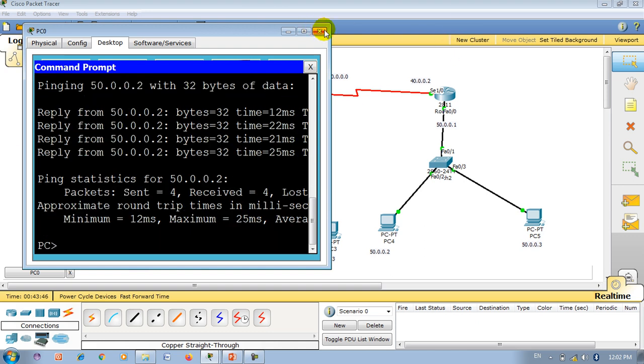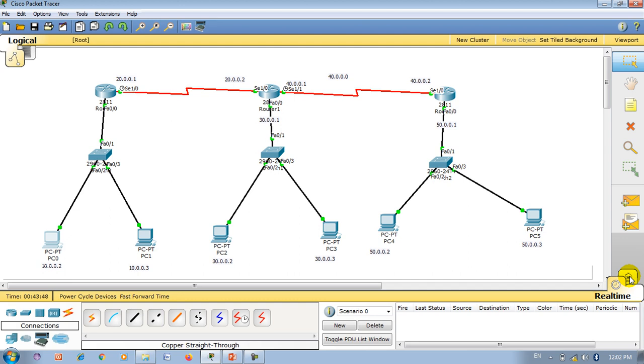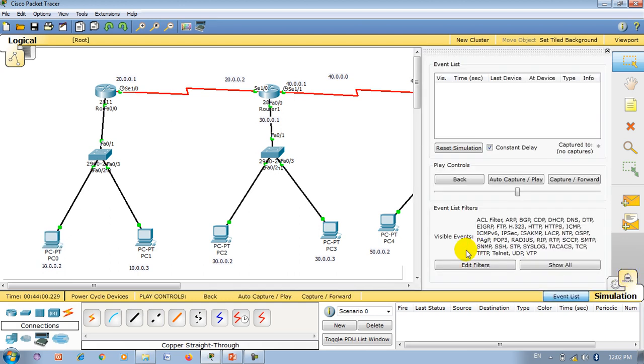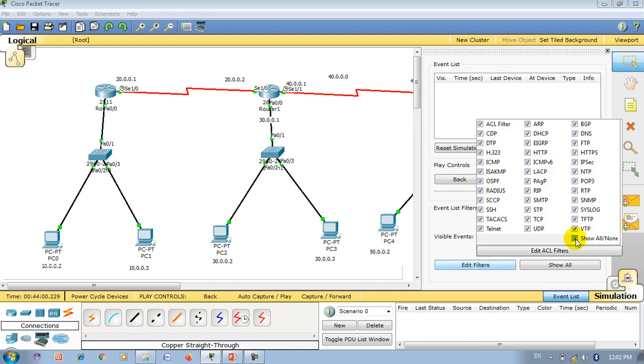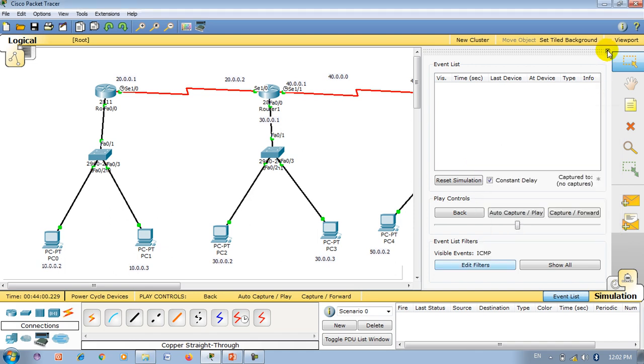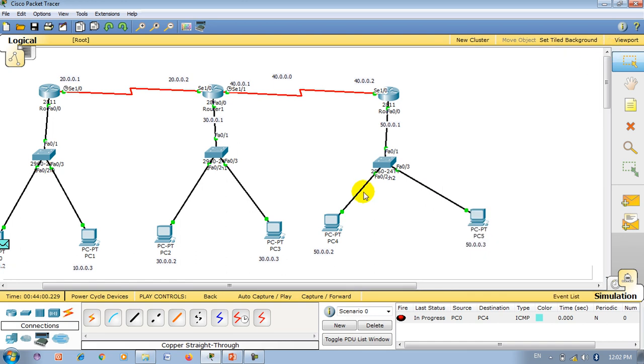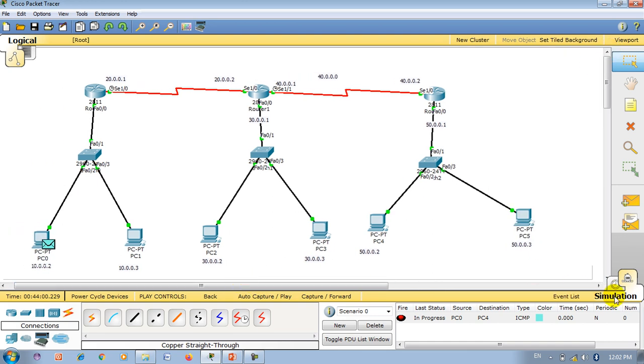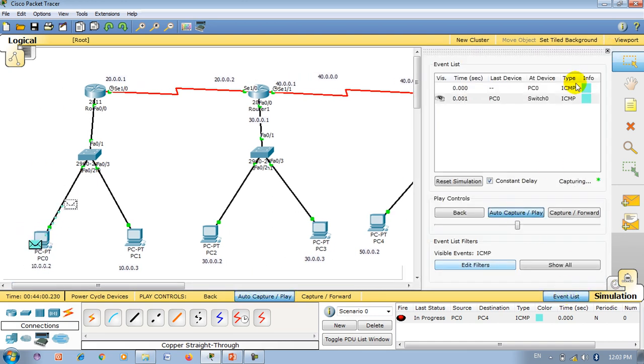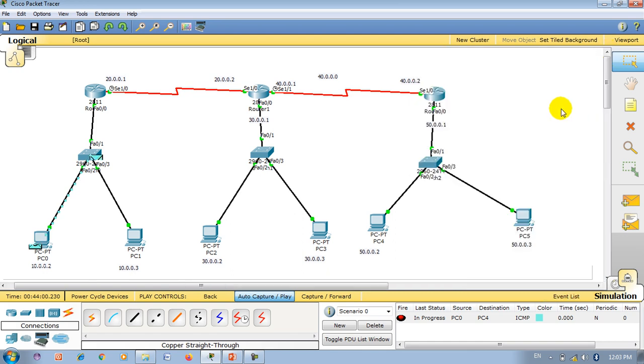So let me convert into simulation mode. Edit filters. Ping uses ICMP, right? So turn the others off, then set the source and this as the destination. Auto control and auto capture, and play.